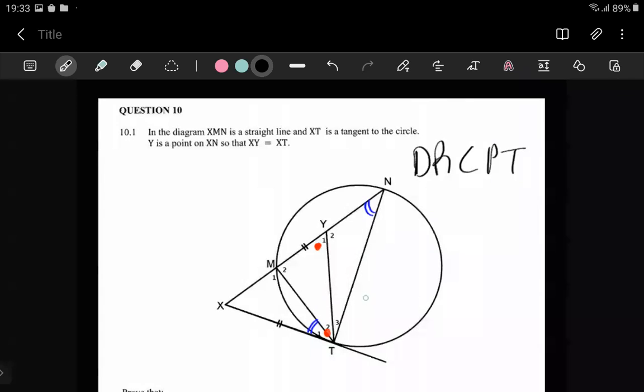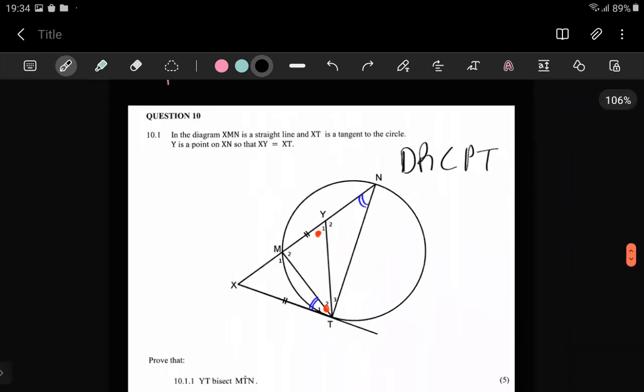Now, just from the way this visually looks, it looks a lot as though TN is our diameter. But unless we can prove it, we cannot say TN is our diameter. This also looks a lot like it's a 90-degree angle, but as long as we cannot prove it, we cannot use it. So in as much as this looks like a diameter, and this also looks like a 90-degree angle, all those assumptions, you can just keep them in mind because they may come in handy based on the questions. So here they said for 5 whole marks, we should prove that YT, this line here, Y going to T,